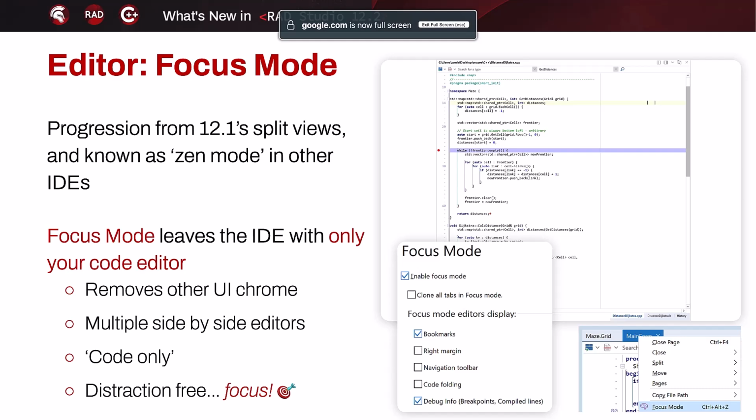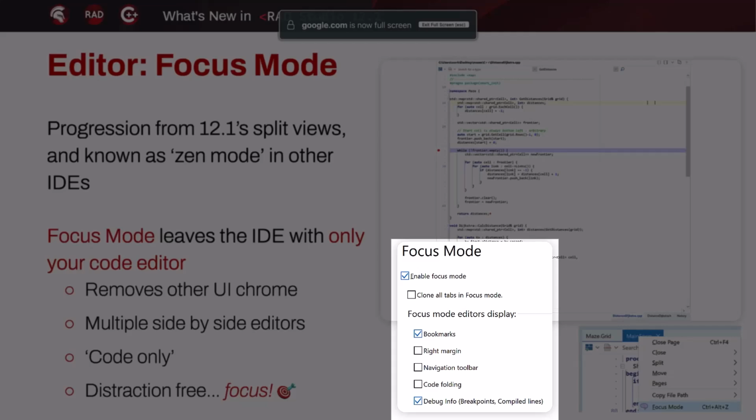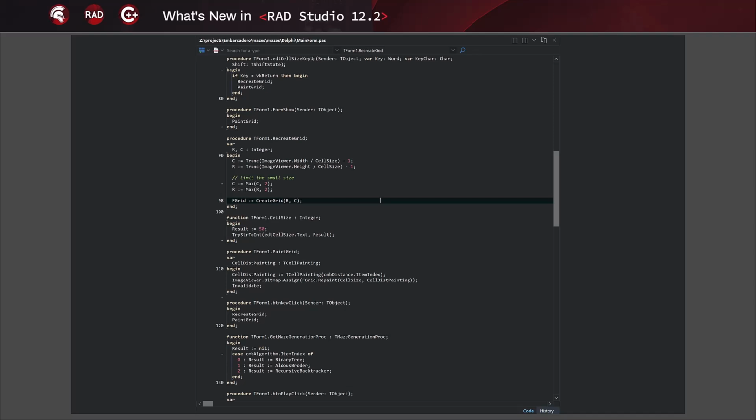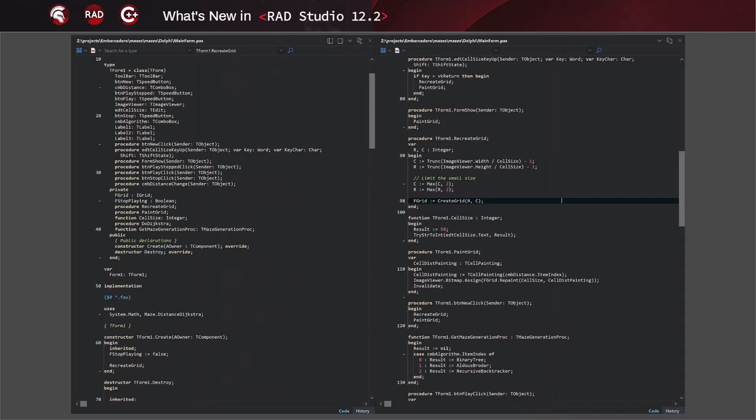And that's it. You can even, and see the screenshot at the front, reduce editor UI by turning off things like the navigation toolbar or showing the blue dots. Again, the idea is to have a focus on code and remove as much of everything else as is possible and useful to still allow it to be just you and your code. Here's a screenshot in dark mode, which is my favorite way of using it. And note we support split editors in focus mode too,